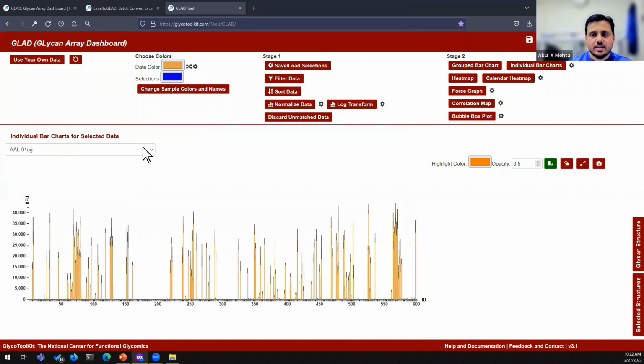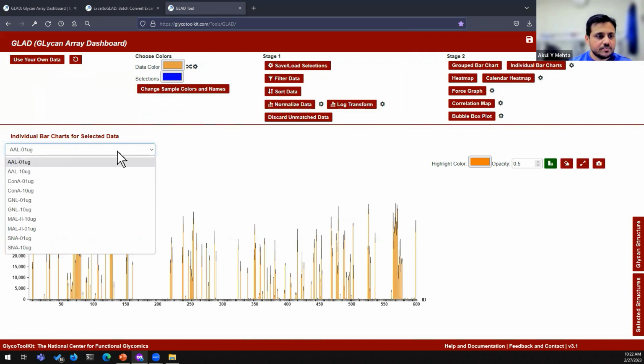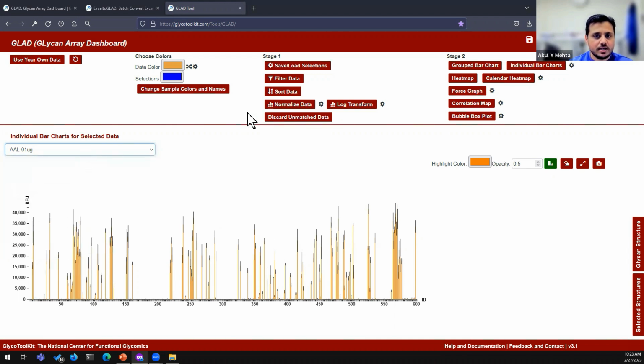What happens is you can see all the files are here now. So you have AL0 1 microgram, AL10 microgram, CONA, GNL at the two concentrations, MAL2, and then SNA is this. Okay. Now you notice that the order of concentrations is 0, 1, 10, 0, 1, 10, 0, 1, 10, 0. Oh, MAL, it switched for some reason. Now we want to